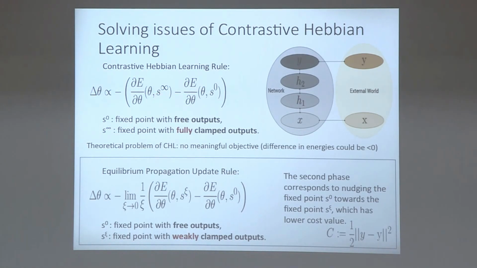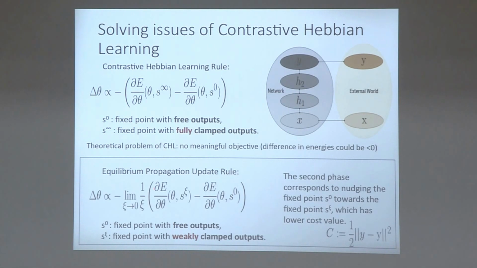If you're trying to do supervised learning, what we mean here is that we're always clamping the inputs, but the outputs are either free, where the beta corresponding to the output is 0, or the beta is infinite or small. If it's infinite, then we're also clamping the outputs. So in contrastive Hebbian learning, we're either clamping only the input, or clamping both the input and the output, and comparing how the neurons behave in the two phases,